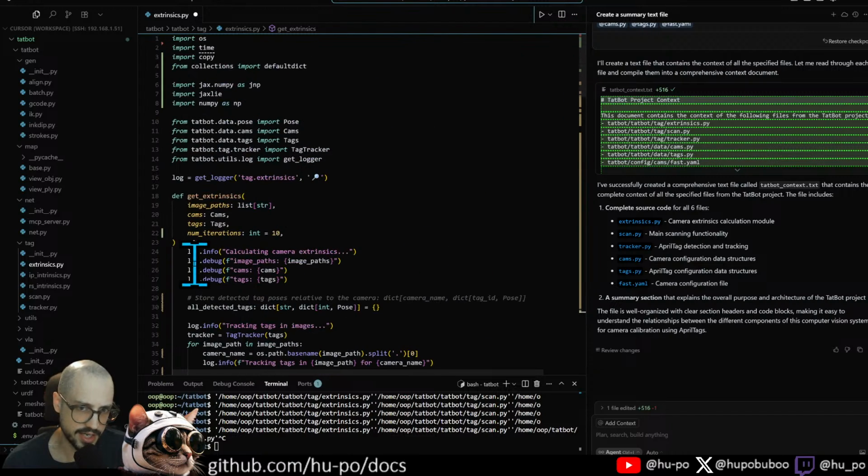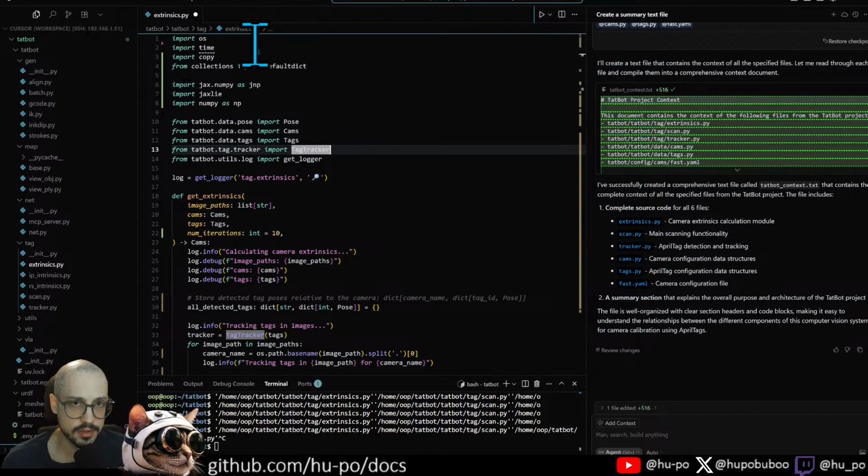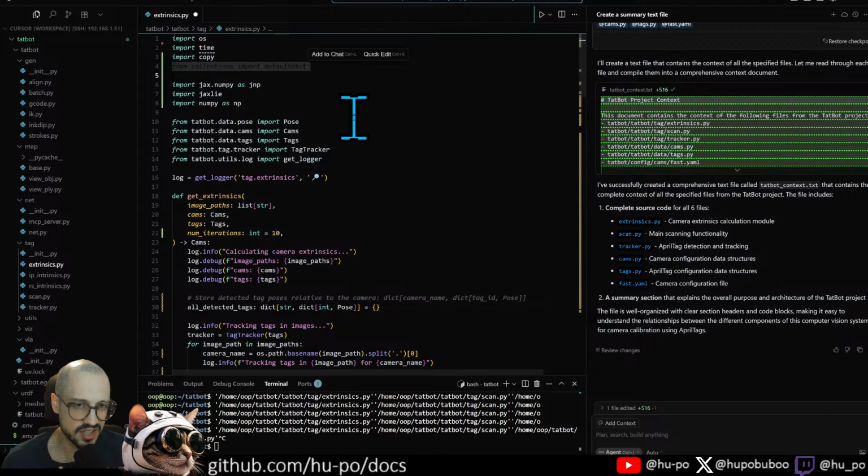So you see here in IDEs, you get these little lines. These lines basically tell you what changed. I know that this is the same, but this here changed. You see how now there's an extra kwarg called num_iterations 10. So it added copy, it added collections, it added the JAX dependencies,